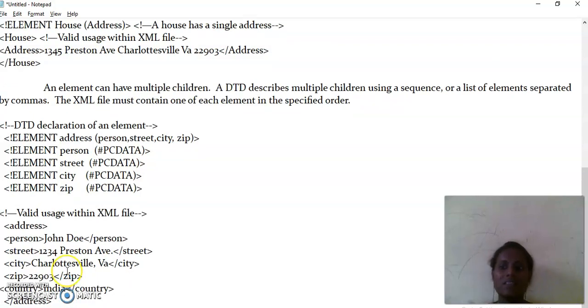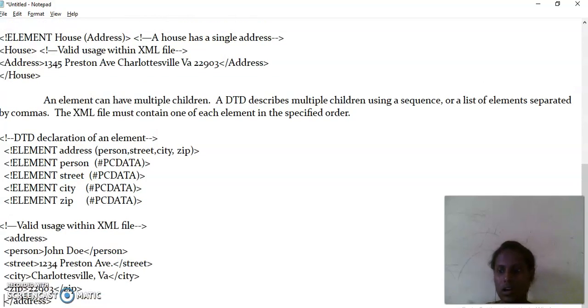Now tell me whether it is a valid XML or not. Yes, it is not a valid XML. The reason is, I have told in my DTD that these are all the children present inside my address element, whereas according to this example, I have one more child present inside my address element. So the parent should have only its described children. It should not go beyond its described children. In this scenario, it becomes an invalid statement. So I undo it, and then